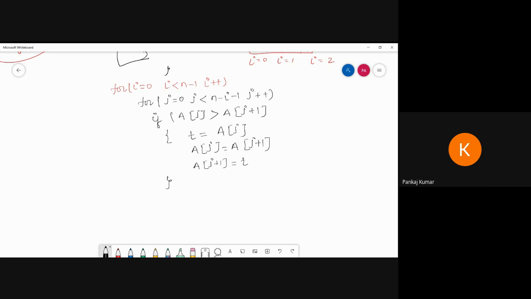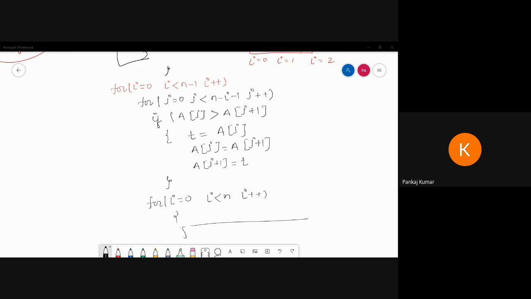Then we write a printf statement, for loop i equal to 0 to i less than n, i plus plus, printf the sorted array. Okay, is it clear?